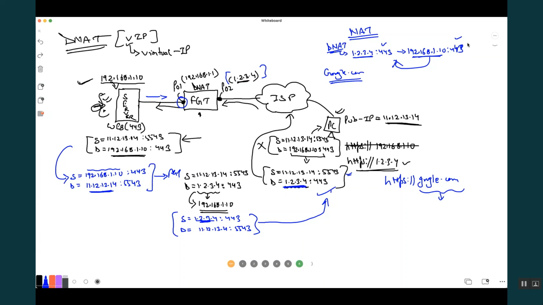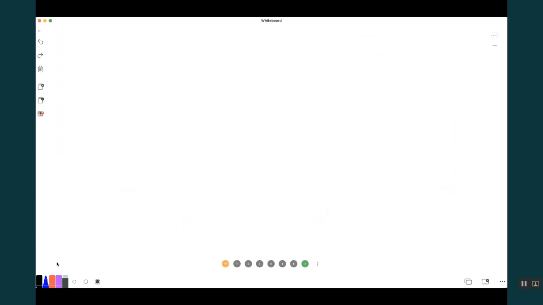Now, I'm taking the same example. Let me draw the figure.